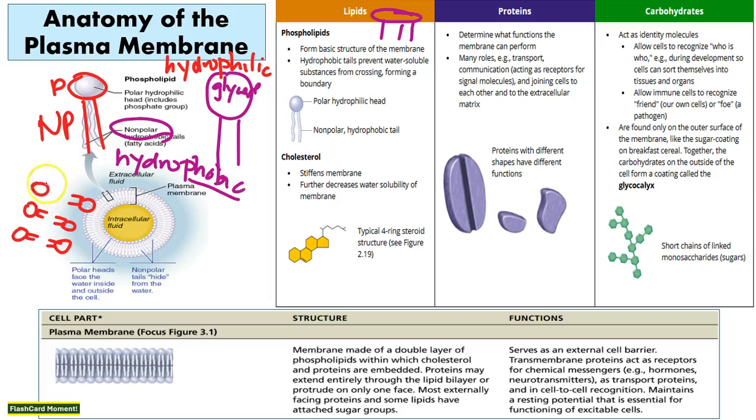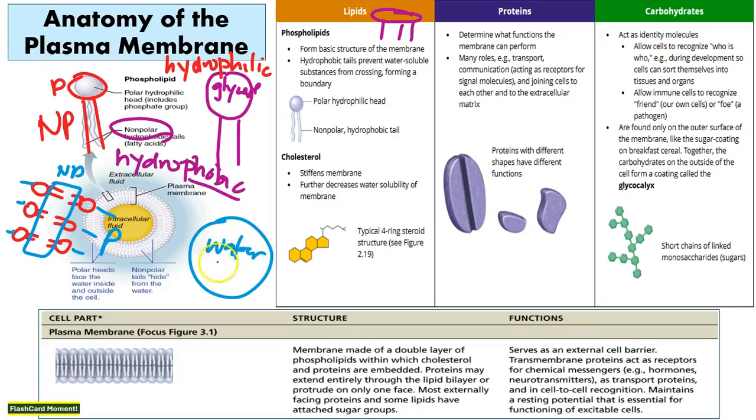Now I'm just drawing a couple of them here and here. But if I draw it this way, then guess what? Everything that's nonpolar is connected. And then everything that's on the outside that's polar has the ability to interact with water. Why does that matter for cells? Well, remember, we said the plasma membrane is basically a barrier for everything that's inside the cell. We have a watery environment inside, and of course we have a watery environment outside. We have fluids, blood, etc. And now we have the ability to interact with the watery environments inside with all of our polar heads forming this way, and also the watery environments on the outside with all of our polar heads